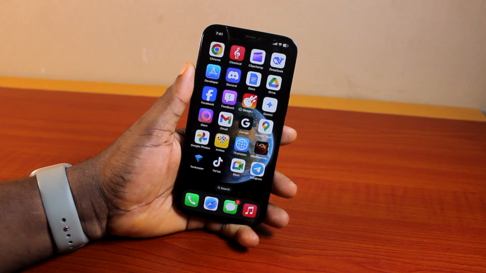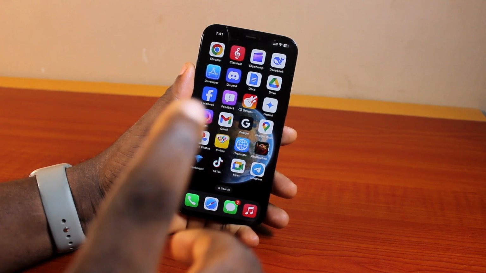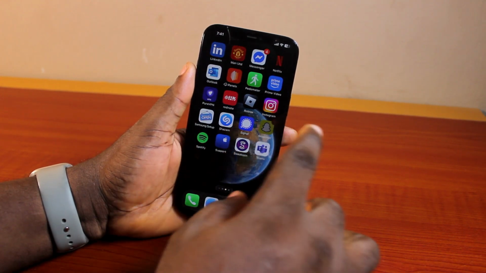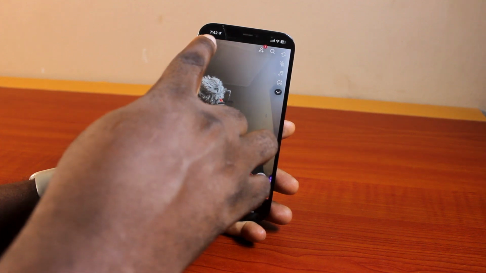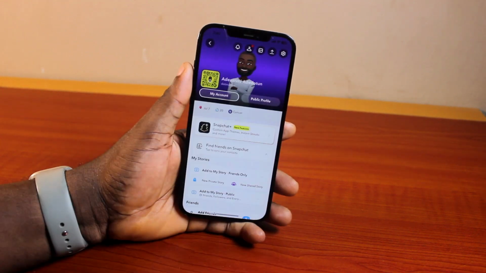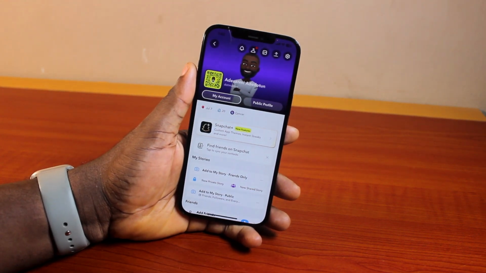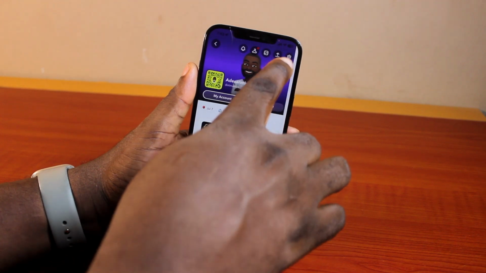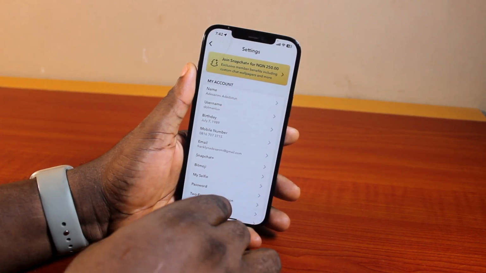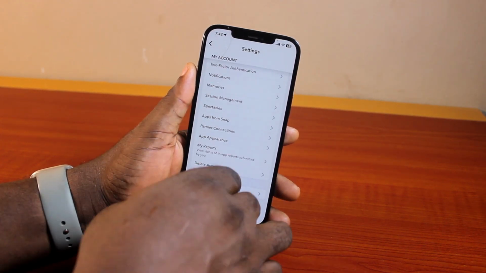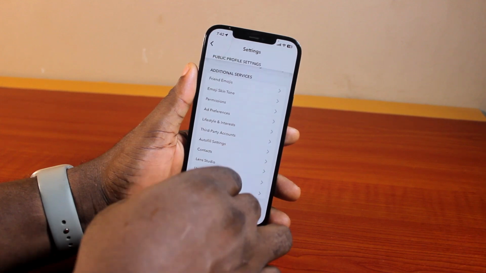Now, to delete your Snapchat search history, all you need to do is go ahead and open the Snapchat application. Go ahead and click on the profile icon at the top left, which is the Bitmoji. Once you click on that, locate and click on the settings gear icon. On the settings page, scroll down. Just keep scrolling